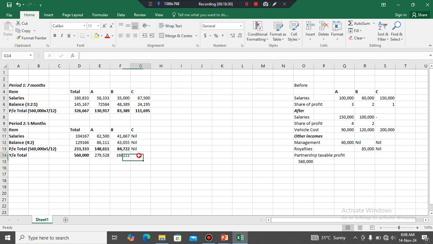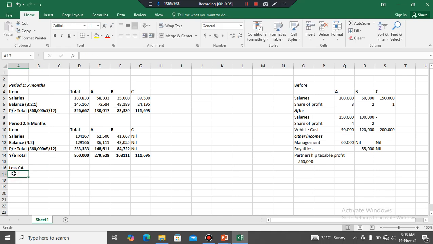It's giving us 168,111. Right? And then for C you just get the first period total, right? And then you say 695, right? So we are having faith and hope that everything that we've done here is correct. So this plus this plus this is supposed to give us a total of this. Alright. So now the next thing that we need to do is we need to less, right, capital